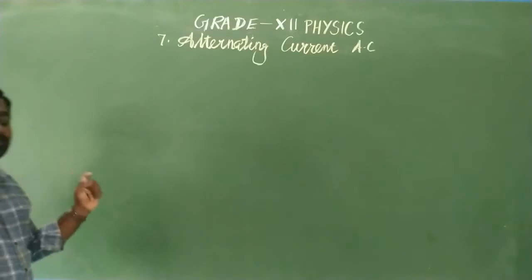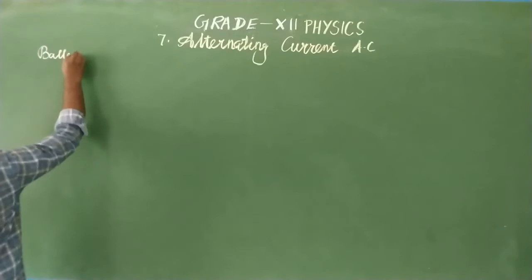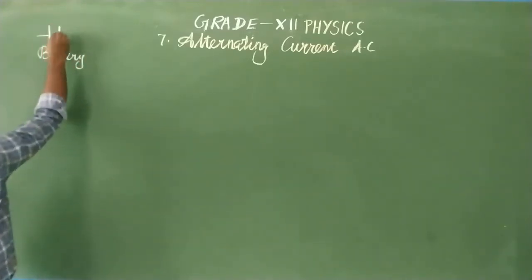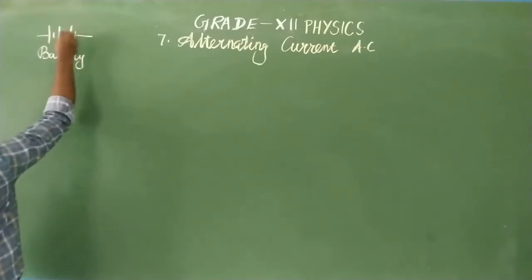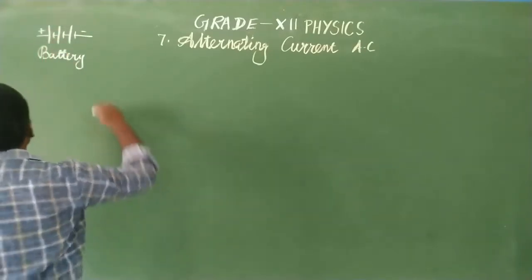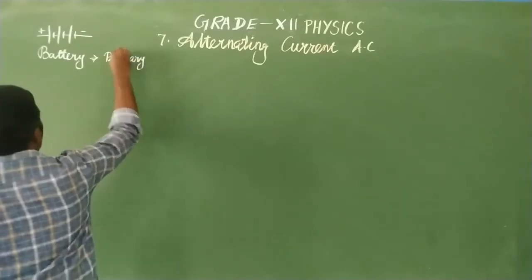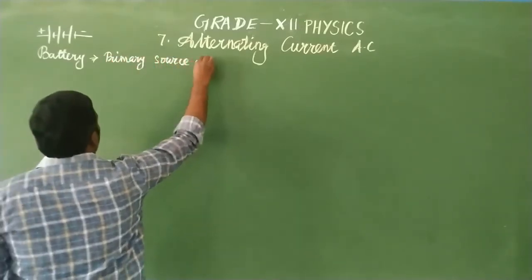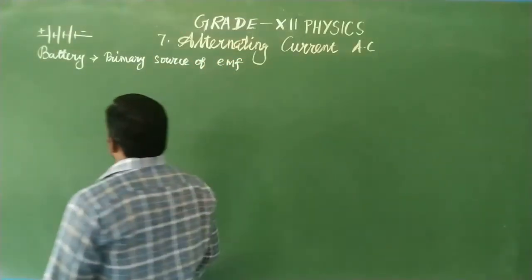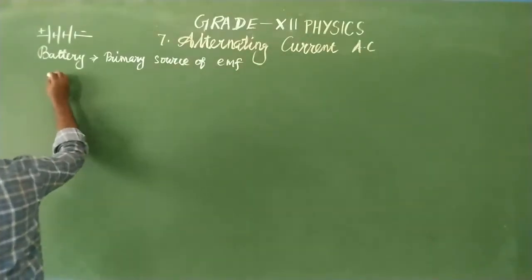The two important instruments we used in a circuit: one is a battery. A battery is nothing but a collection of cells which are arranged in series. A collection of cells arranged in series is called a battery. This battery is the primary source of EMF, that electromotive force which we discussed in the previous lesson, in an electric circuit. Similarly, the next one is resistance.